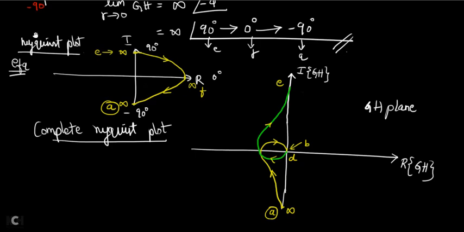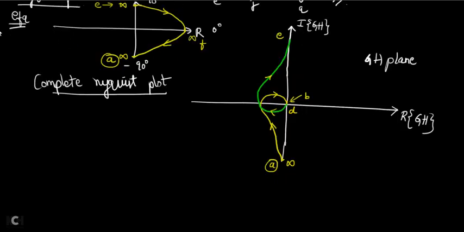That also I will write now. I will write that in a different color. So starting from E, this is the infinity point. Starting from E, I have to write a circle. Okay, and the direction of the circle is like this. This point is also infinity, which is F. So this is my Nyquist plot that I got.